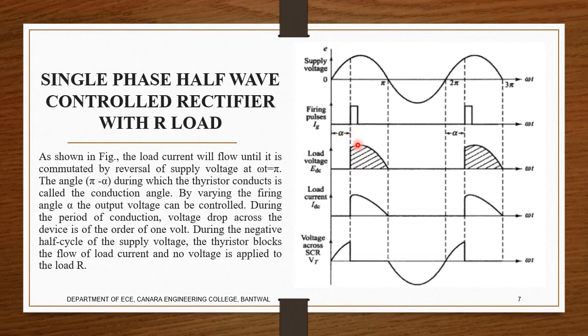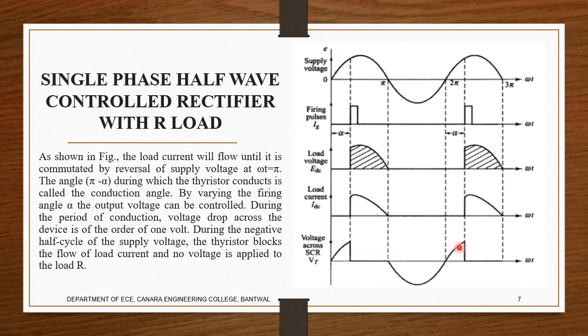So only this is the peak voltage, Vm, which will be the same throughout. The one factor is that the voltage has been given only this much here. This is the load current, it will be decreasing here, and this is across the SCR. Until it is triggered, it will be the same as the supply voltage. After that it will pass this voltage, and after here it becomes reverse biased, so it does not conduct till the next triggering pulse is given.